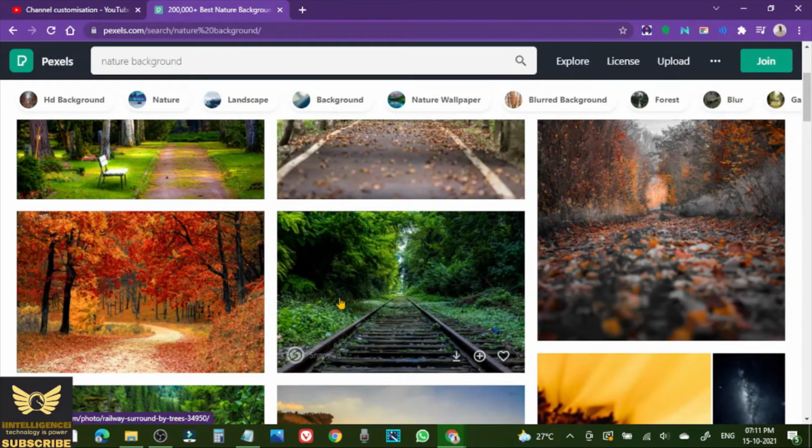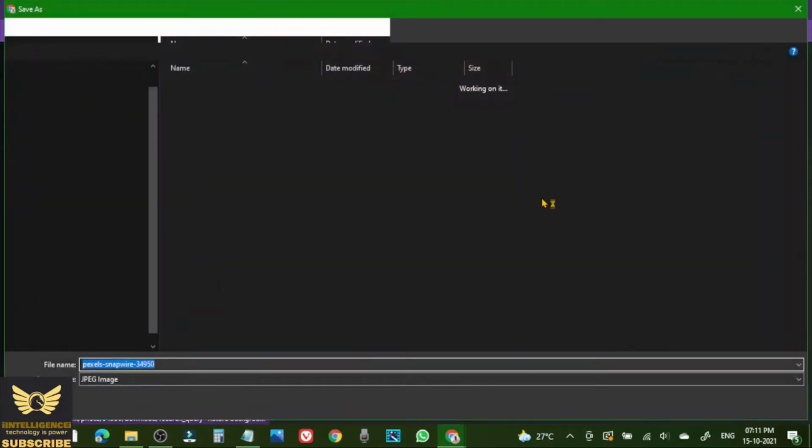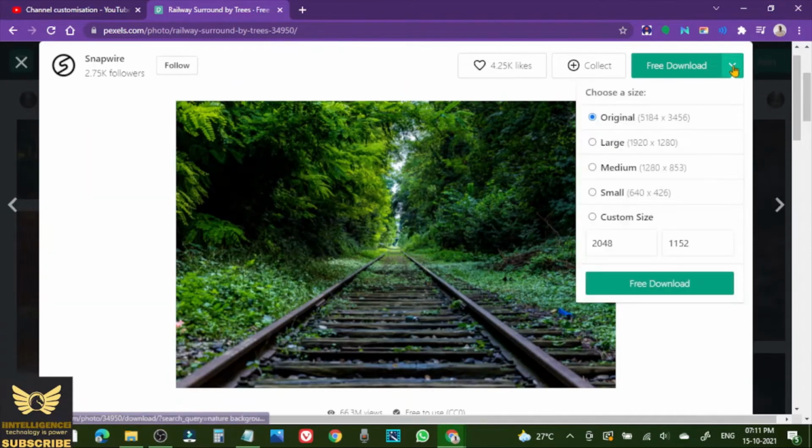When you click onto this image, then go to the right top side. If you click free download, it will automatically download it, but don't do it. What you have to do is, go to this button, right?